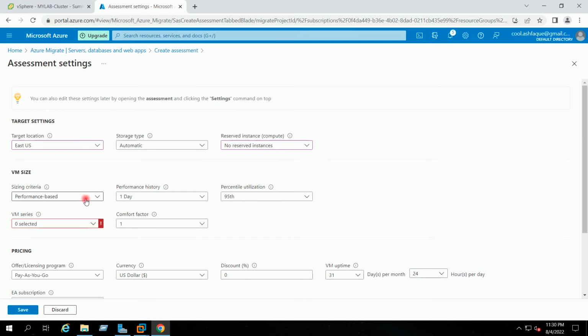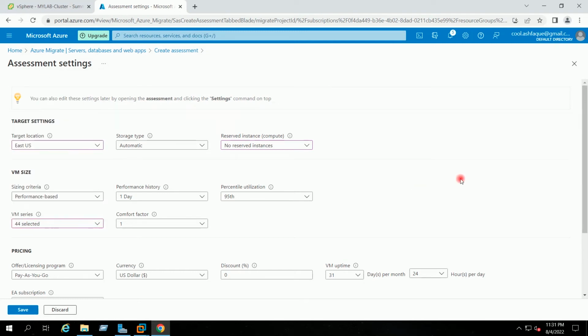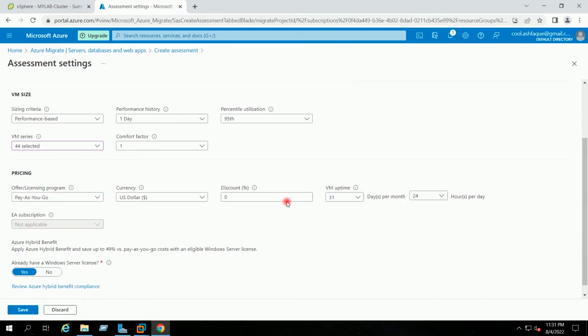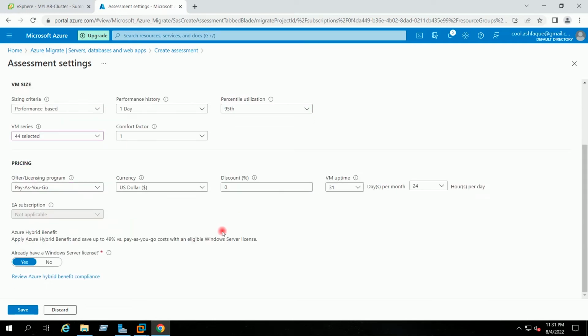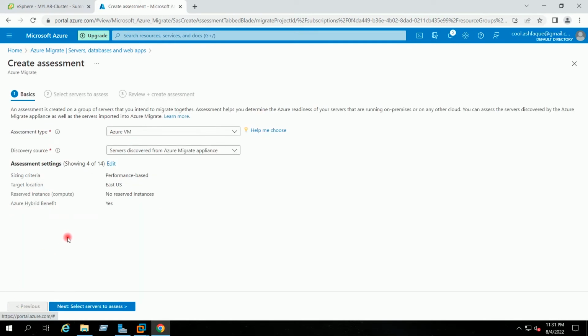VM size I will keep as it is. I will click here on VM series. I will do the select all. Already have Windows Server license? Yes. Remaining things I will keep as it is. I will click on save. Next,